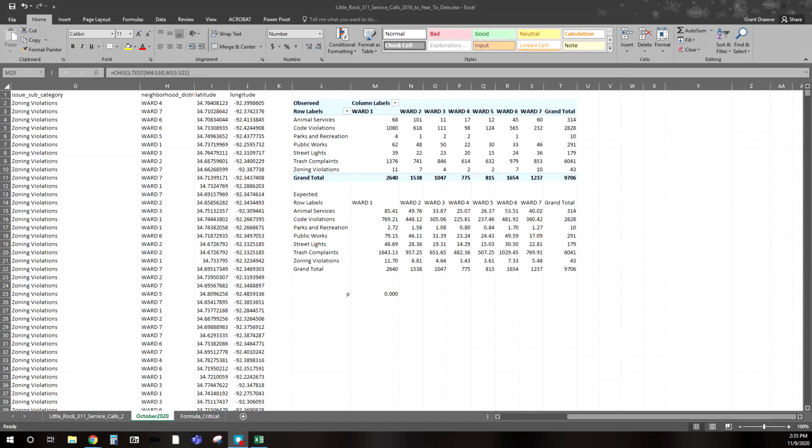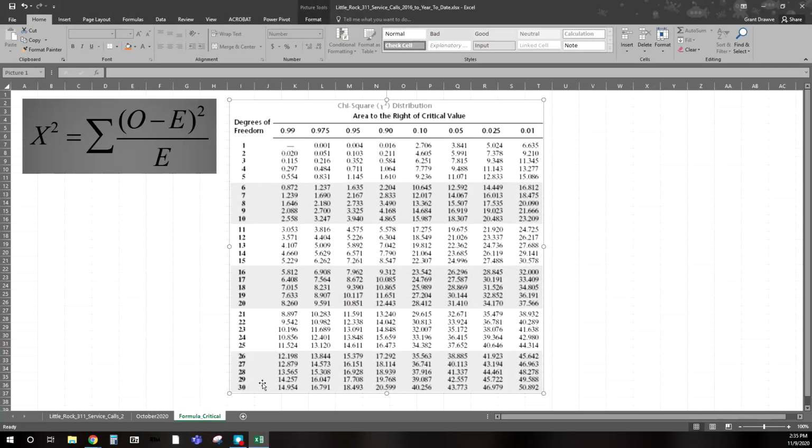With that, if you keep in mind how to calculate our degrees of freedom and our critical value, it's your number of rows minus 1 multiplied by the number of columns minus 1. In this example, we just luck out, there's 7 rows and 7 columns, so if we subtract 1 from each, it's 6 times 6, which is 36. If we want to come over to our critical value table, the highest one on this table itself is at 30, so we want to go over to 0.05 or even 0.1. We see our critical values here that we'd want an obtained value to be greater than to reject the null